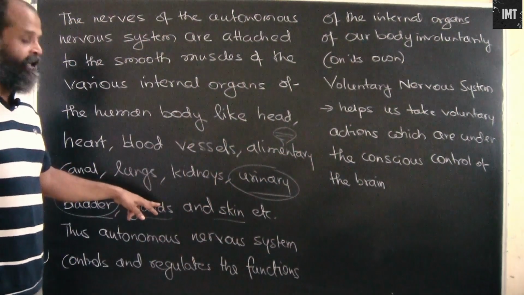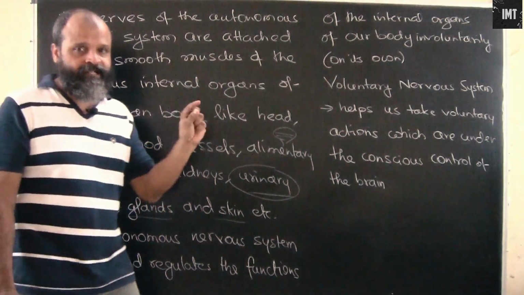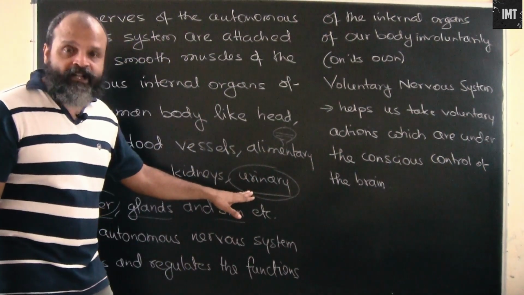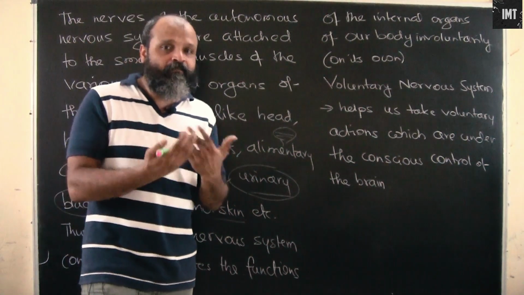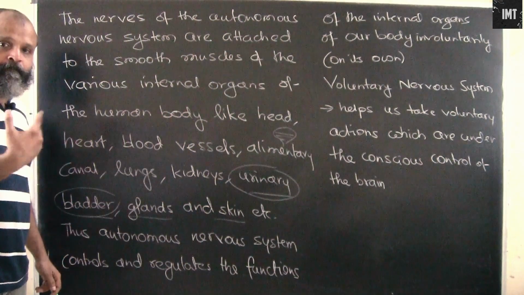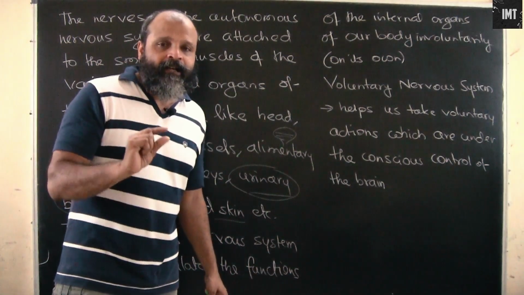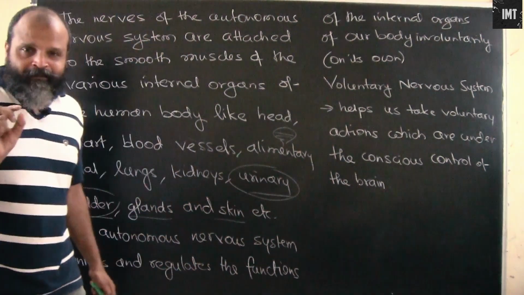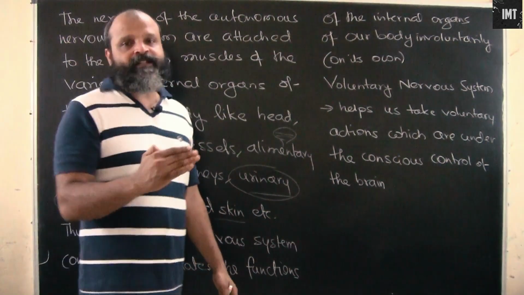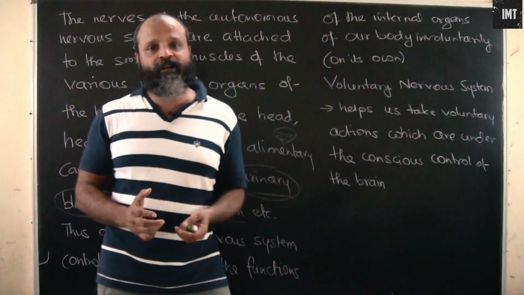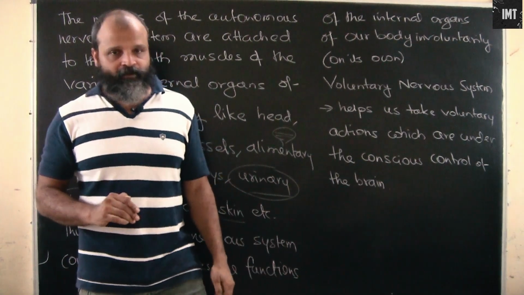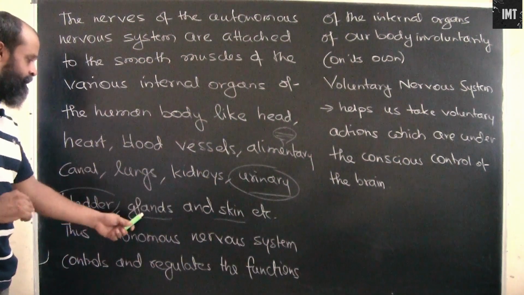Okay, so this is again an autonomous process. To an extent, there is an influence for us to eject it. However, it functions on its own. It is not getting filled by our conscious will. It is getting filled on its own. The impulse to eject it might have a little influence from the brain, or might be a little controlled by our conscious will. Okay, this develops with age. For example, small babies use diapers because they cannot control it. So this instinct to eject it out develops after a certain age.